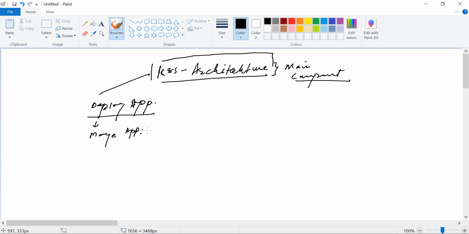If anything goes down or needs to be upgraded, something should be controlling your app, seeing all the things related to your application, and upgrading or deleting if anything occurs that needs to be done. So Kubernetes manages all the things for us.